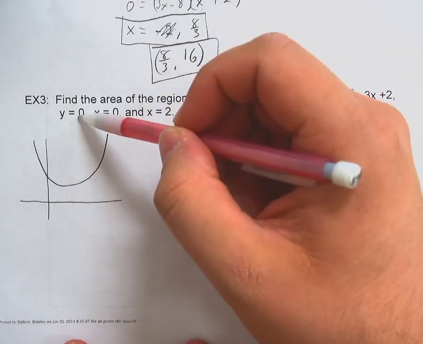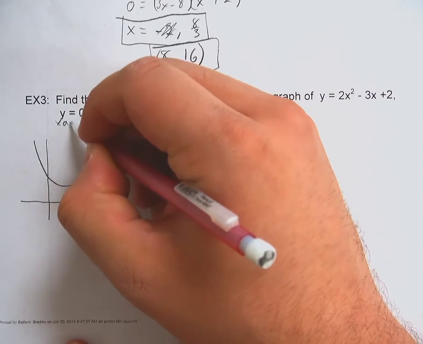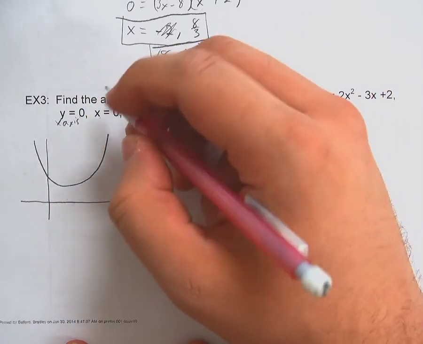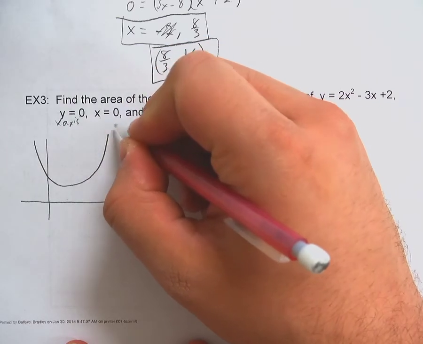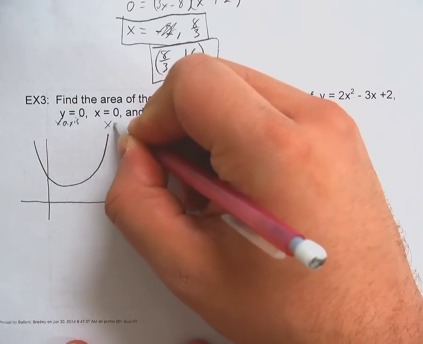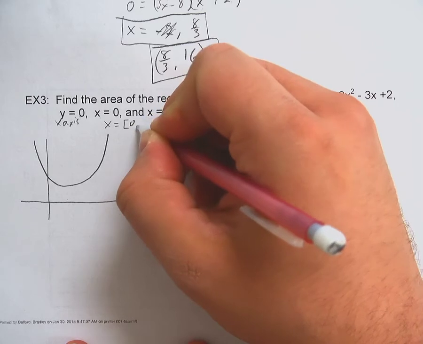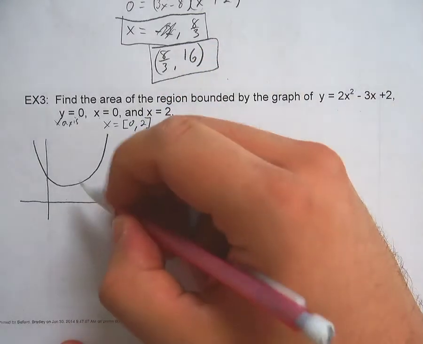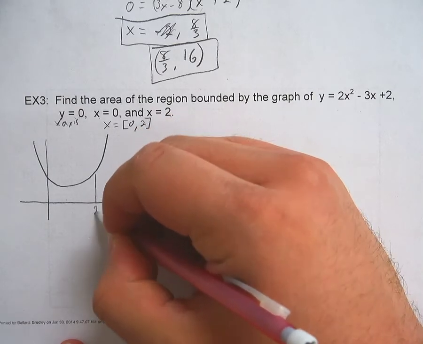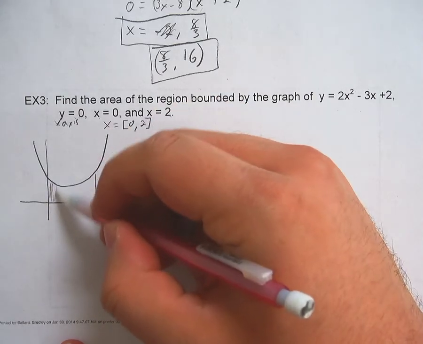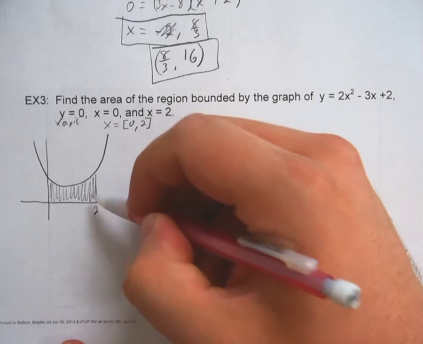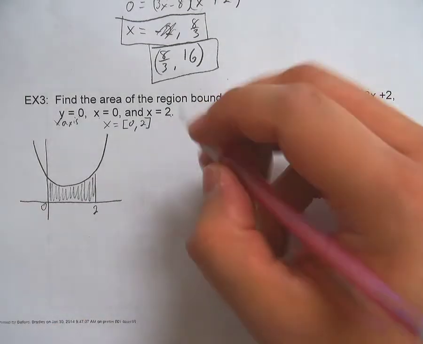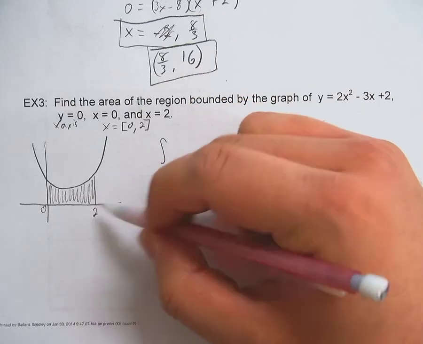Y equals 0, so this is the x-axis. X equals 0, so that means that your x goes from 0 to 2. There's your bounds, so from 0 to 2. It's wanting this area right here. Different way of asking for an integral. So you know this is going to be the integral from 0 to 2